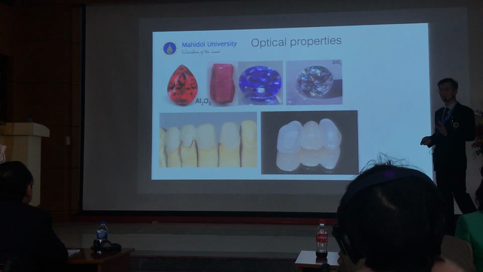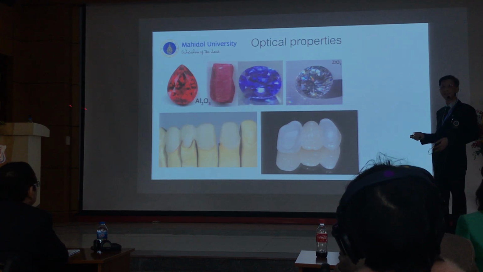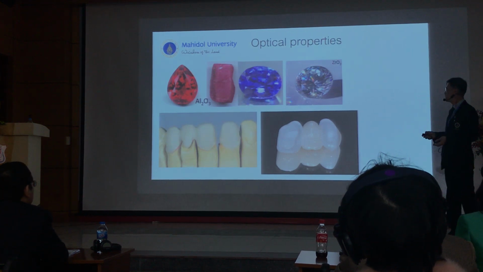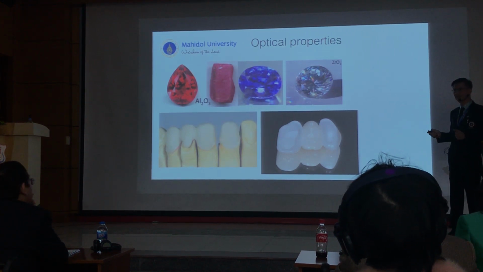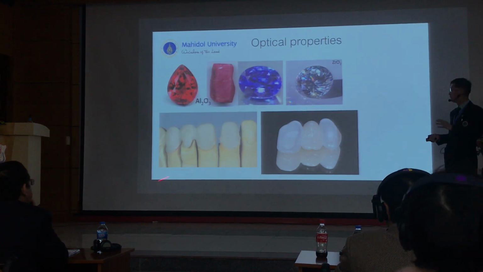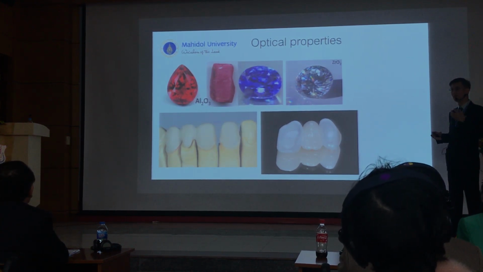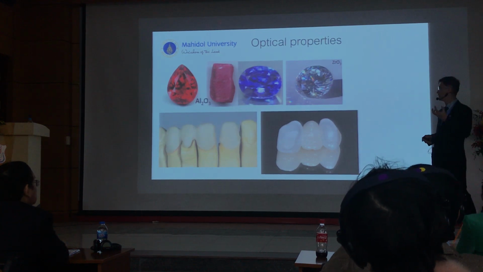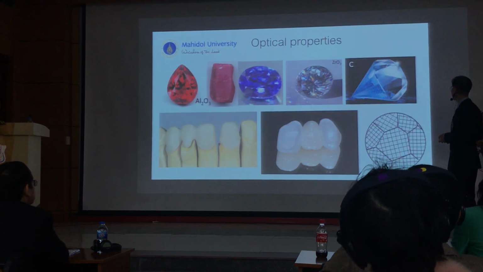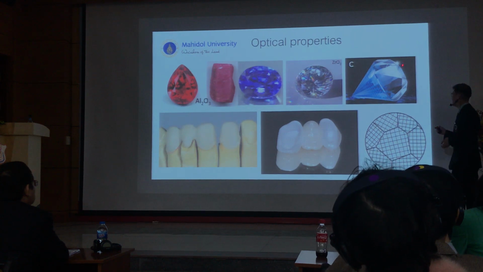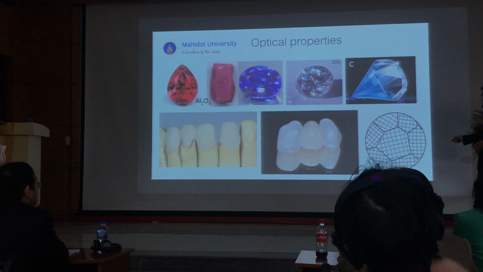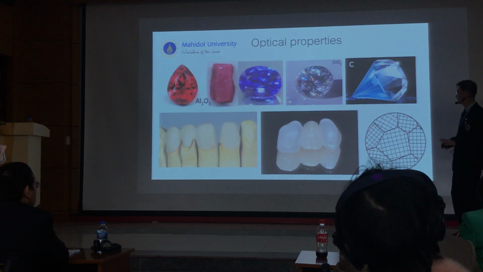And why is it so expensive? Because you cannot find this thing easily in nature. If you could find it easily, it would be cheap. It's hard to find something that forms very big as only one single crystal. That's why it's very expensive, like diamond. In nature, you cannot find this one very big. You can find it very small, so that's why it's not very clear like that.